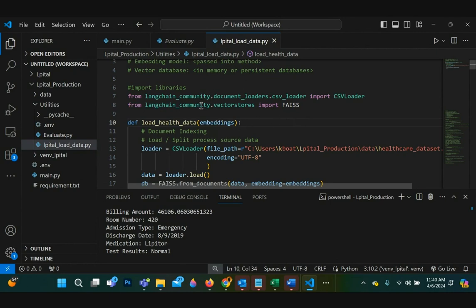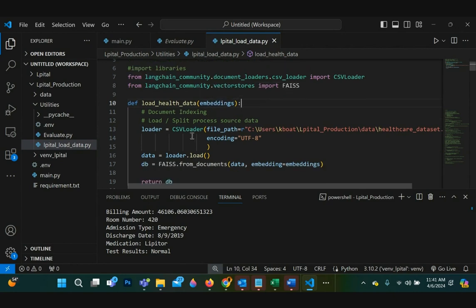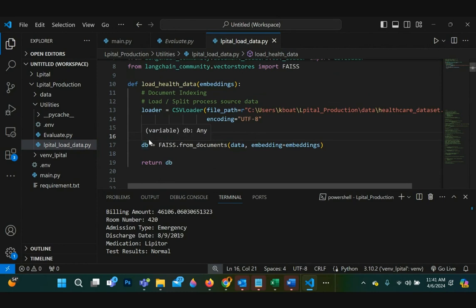This method takes the embedding model. It first loads the CSV file, which is the healthcare data set, into memory. The loader is an instantiation of the CSV loader, and it loads the file into this data object.